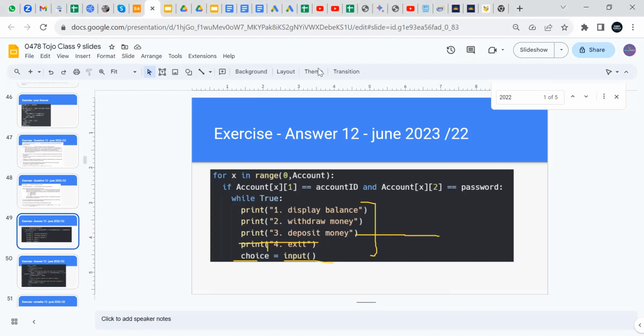Some of your code has this kind of if statement to check if the account ID and the password, or the username or the password, is fine or not. And if it is valid, then you are able to make a return function that lets the person display a menu,